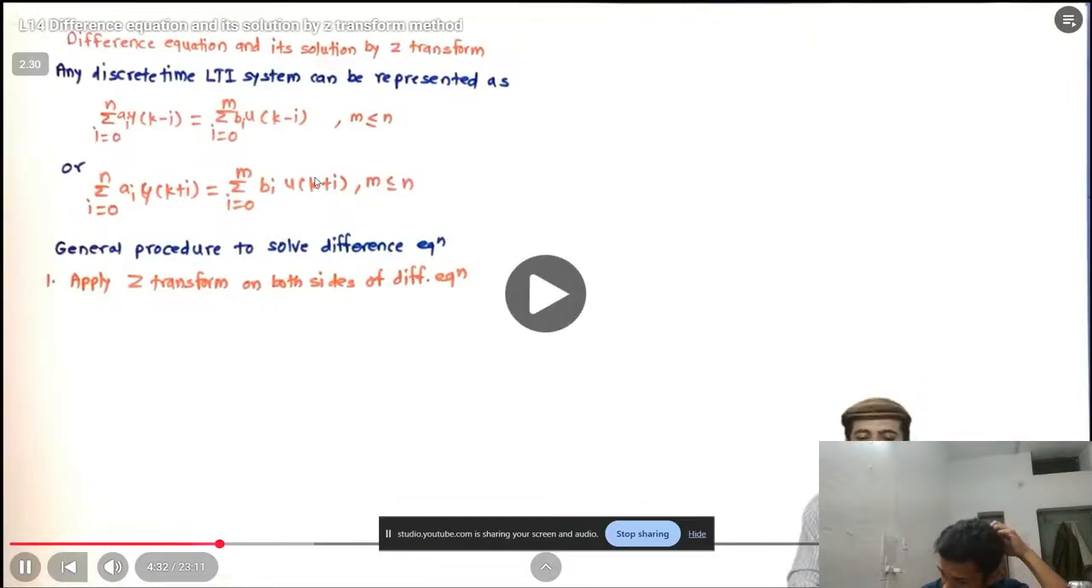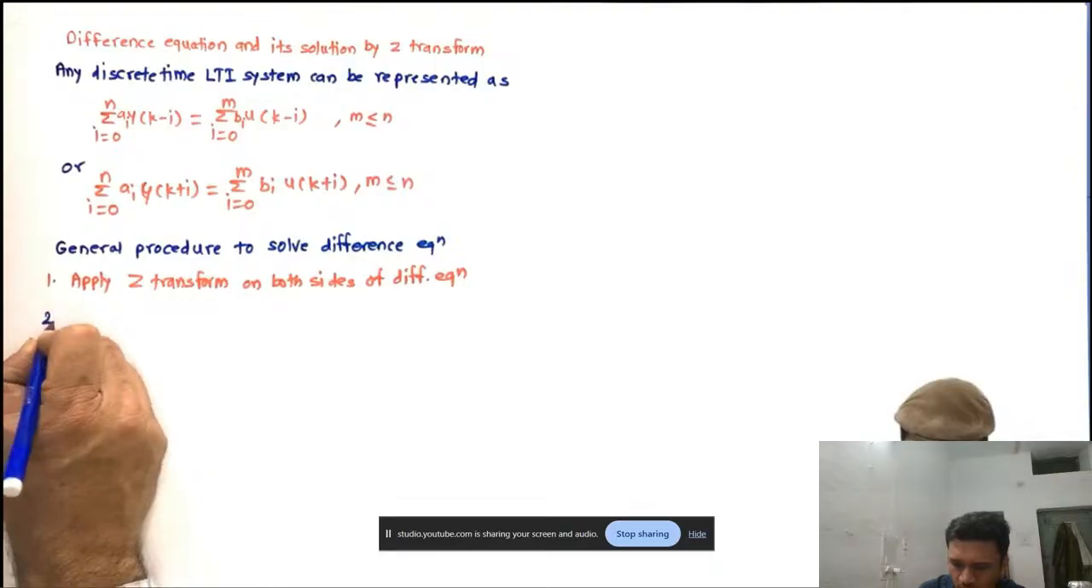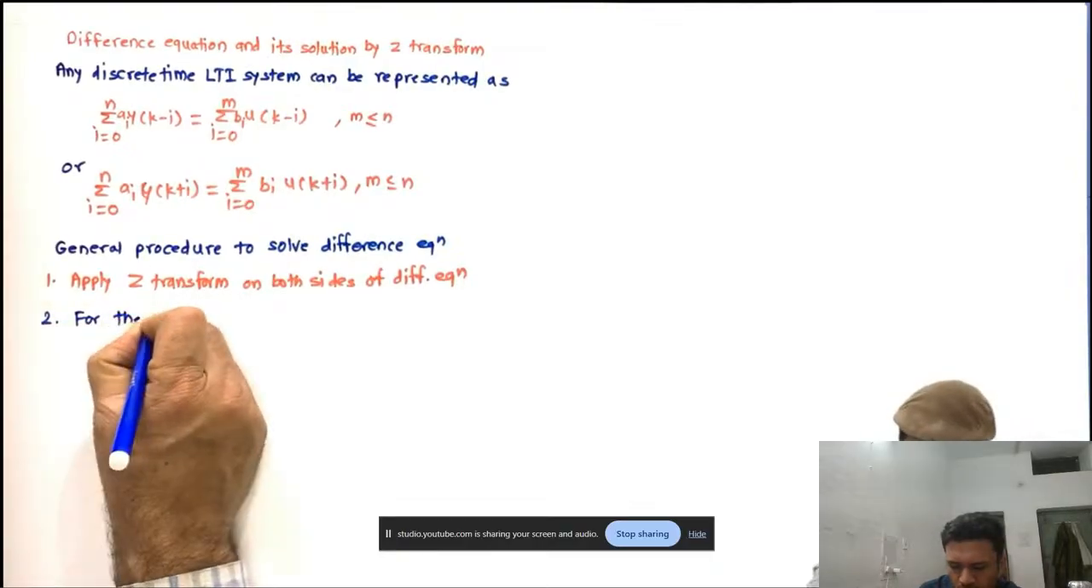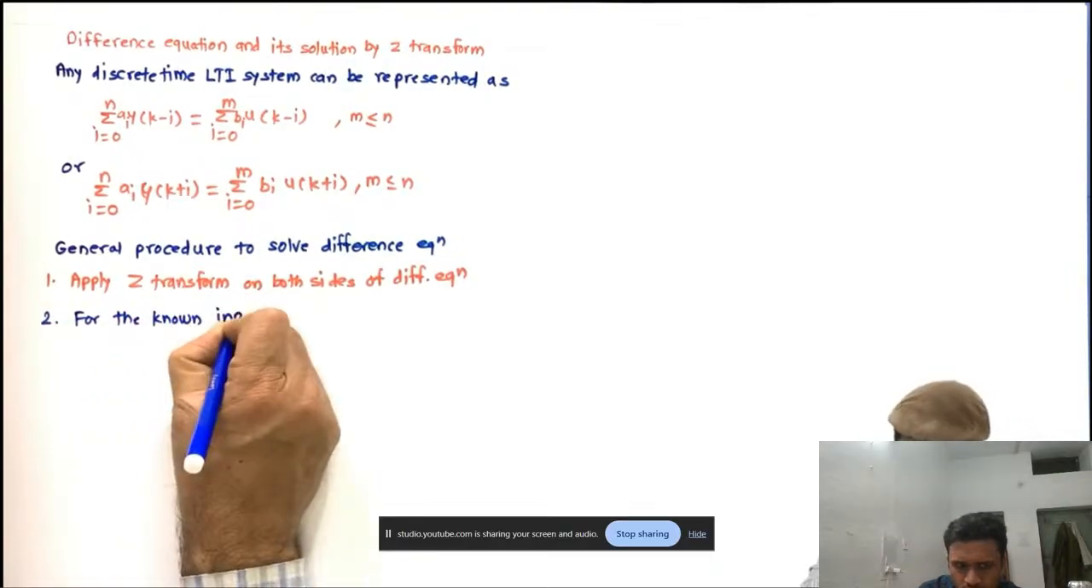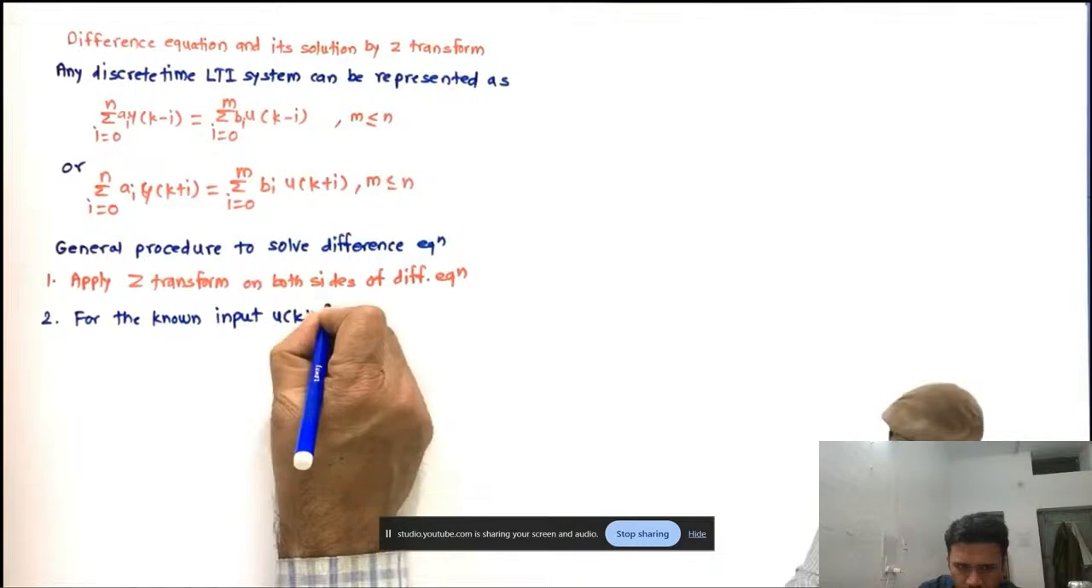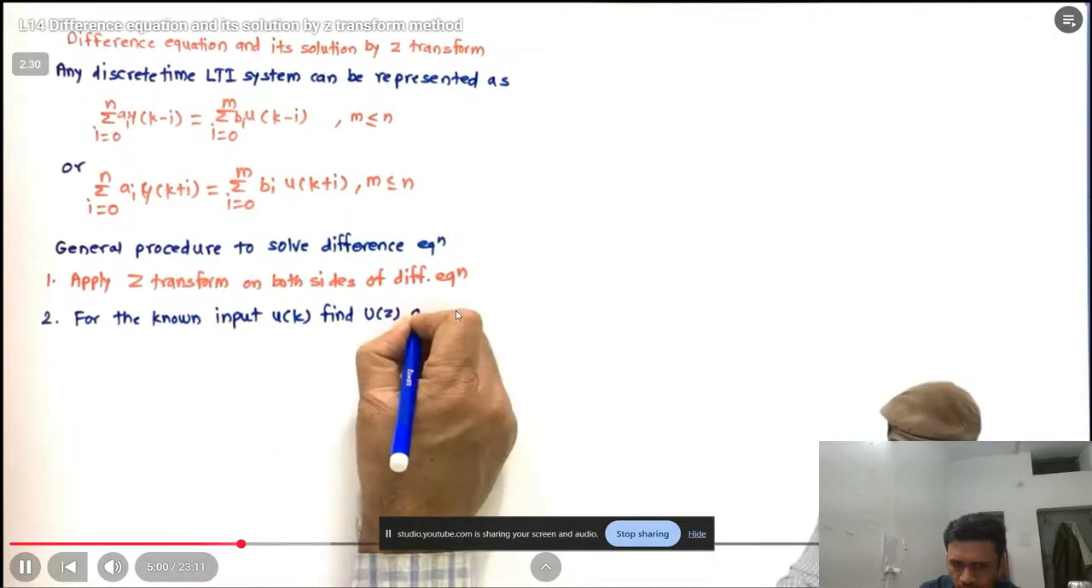So if I apply Z transform on both sides, what will I get? I will get terms in the form of y of z and u of z. Then for the known input u of k, find u of z, and then